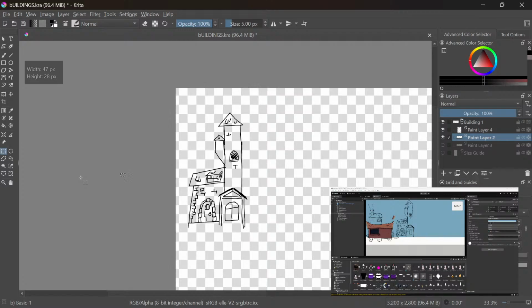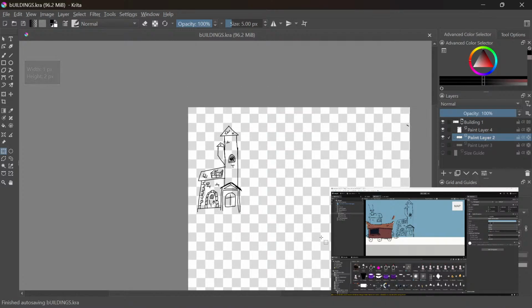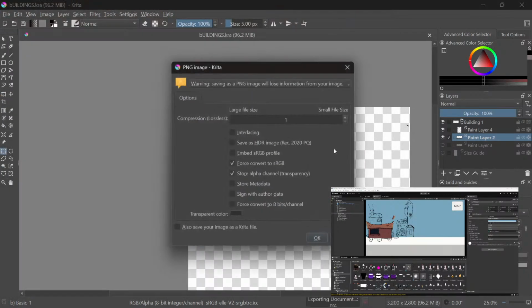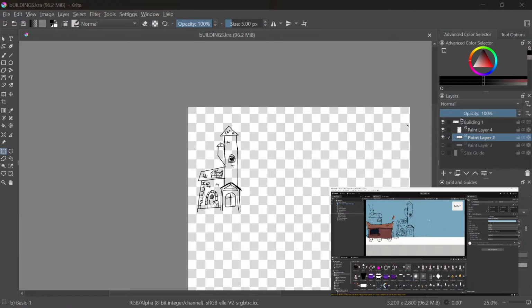If we just stunt its height a little, just a tad, just a little. See that? There you go. That's like a nice height. Okay, so